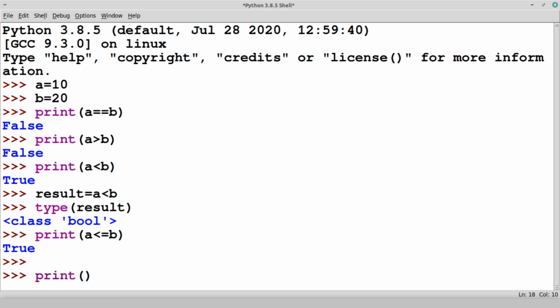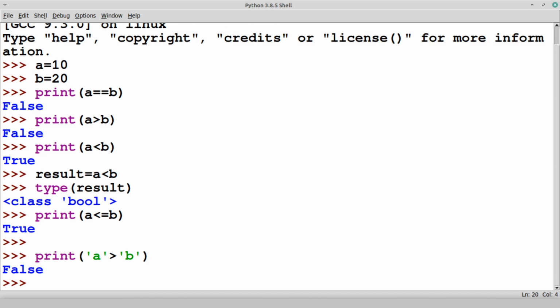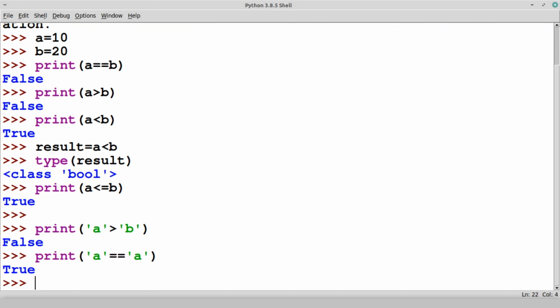Here the first character is a, and I say a greater than the character b, so it returns false. Even the equals to operator is also used. Let's print a equals equals a again, so true. This is how you can use these relational operators on a string data type.